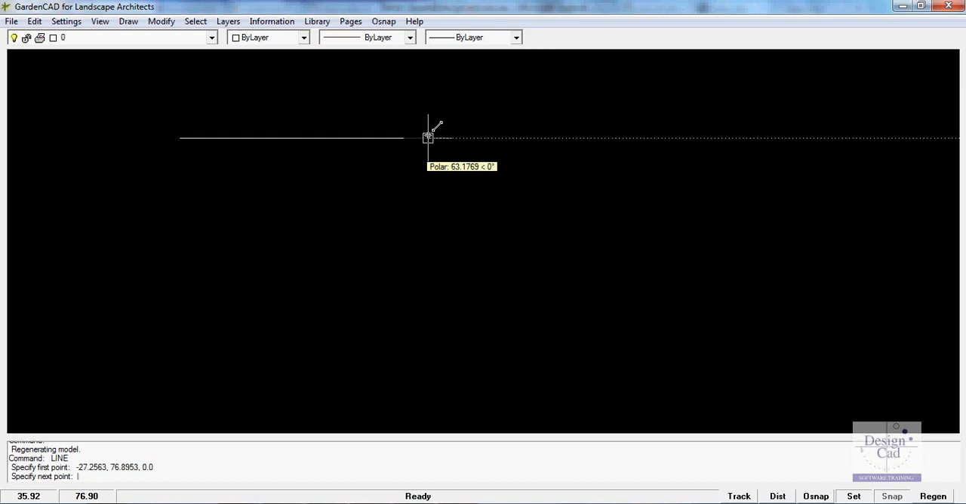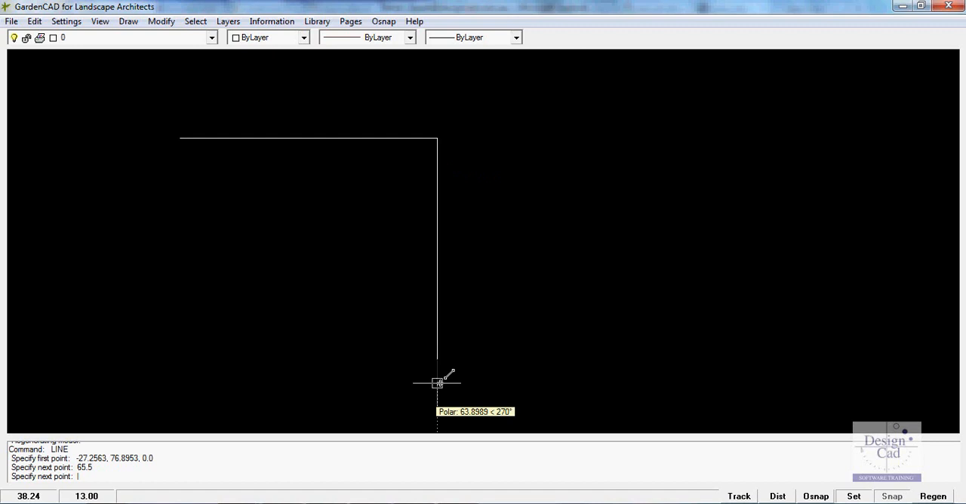And let's imagine this site is some 65.5 units wide, so in other words 65 feet 6 inches across the top. So I type the number and hit the enter key. Now I might come down in this direction, say 150 feet, and you'll notice that I can't quite see the